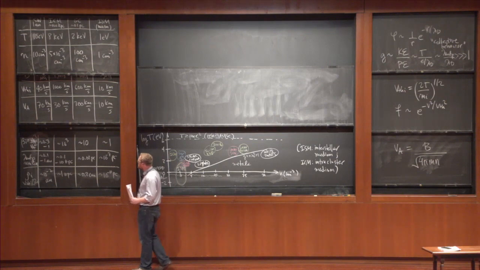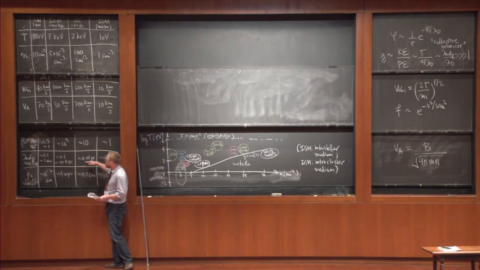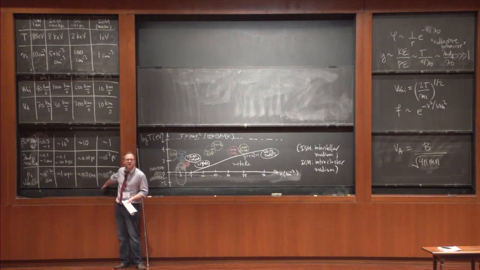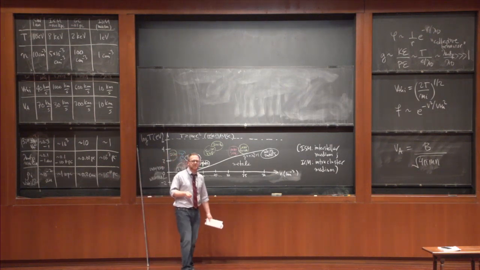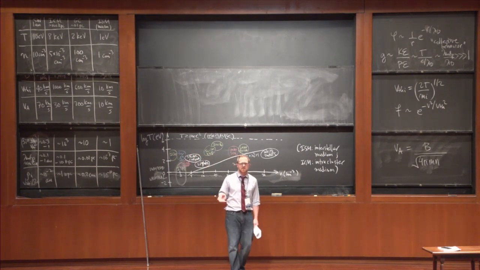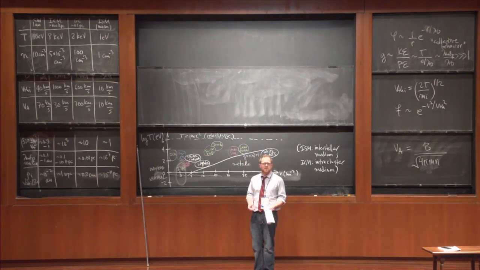So in a lot of these systems, even though the mean free path might be small, like here, it's not smaller than rho I. And what that means is that the particles know about the magnetic field. They're not being deflected by collisions so often that they lose track of the fact that they're living in a magnetized plasma.